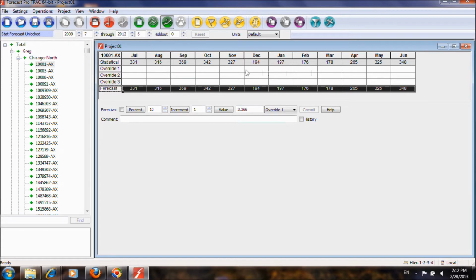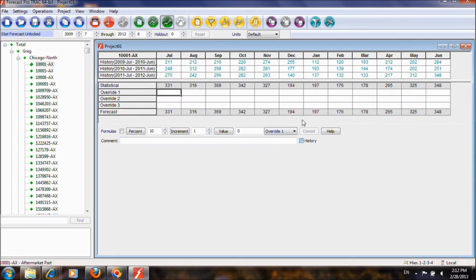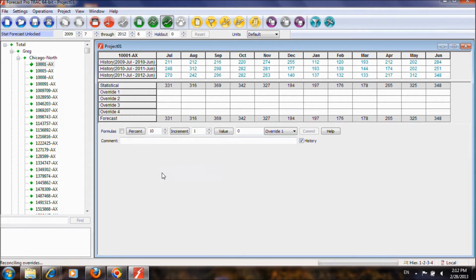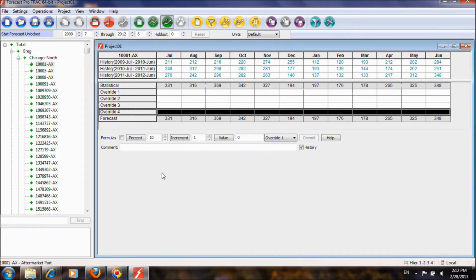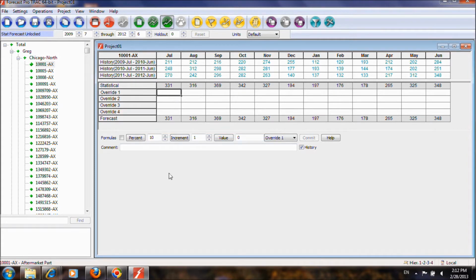So for example, we can view our history in this grid. If we want to view our historical sales in the past by month alongside our forecasts, we can do that. We can also have up to 10 rows for adjustments. Right now we currently have 3. If I wanted to add or remove some, I can do that from the view. We can also name these rows whatever we want to set up this view according to how I